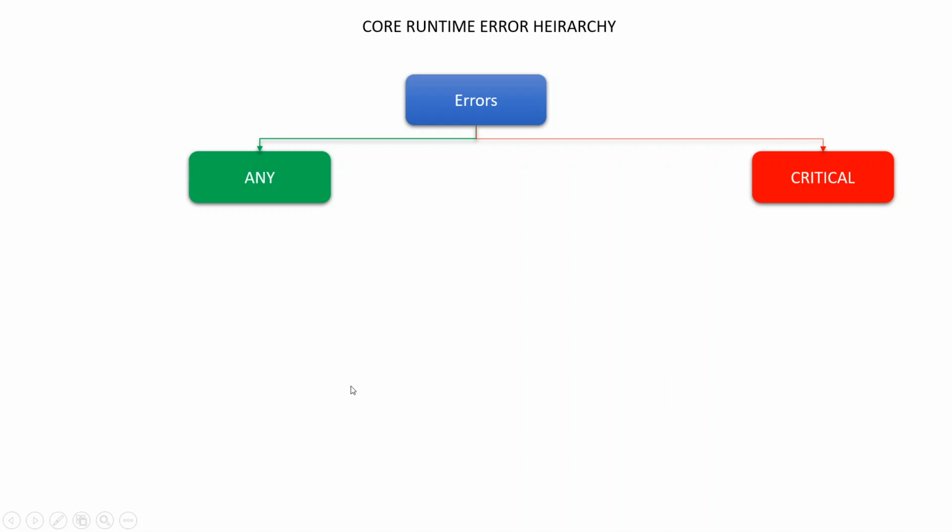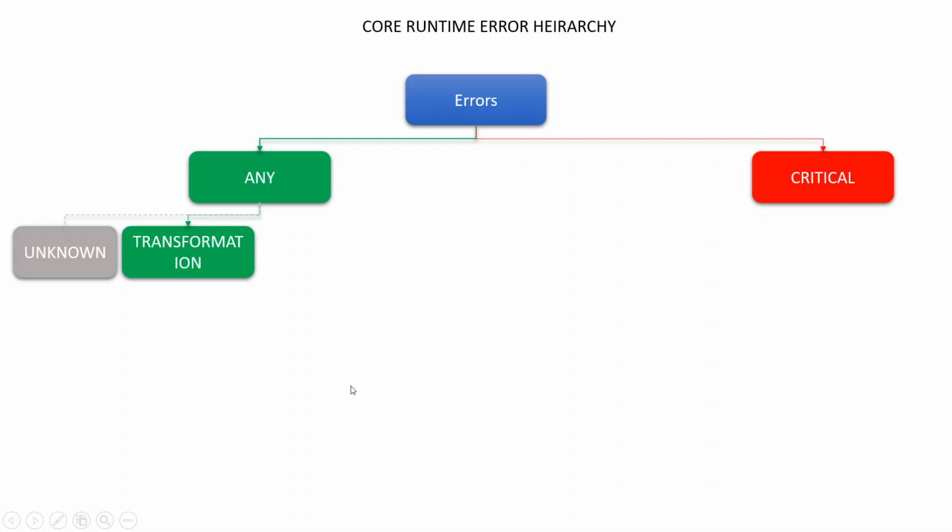In critical errors you cannot do anything, and it has to stop there itself. Then in any, we have unknown. Suppose the error has no identifier namespace combination allocated, that would be caught using the unknown. That would fall under the category unknown.